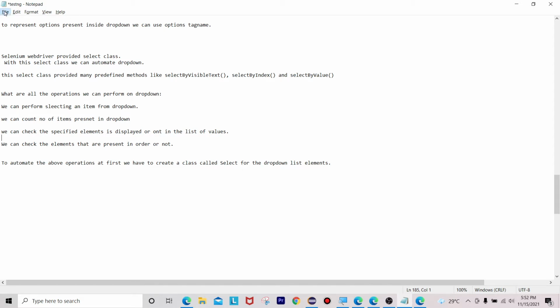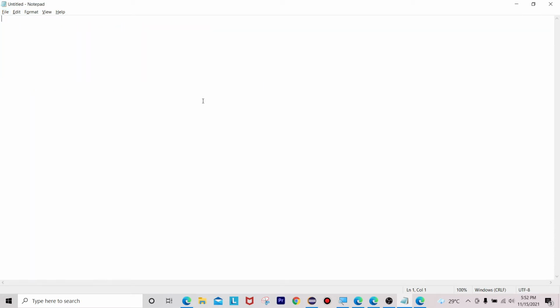So let me create a drop down. How to select multiple values from a drop down list. Okay, this is our main agenda now. So for this one, there is a drop down we are going to create, with the help of how to select multiple values from a drop down list, right?